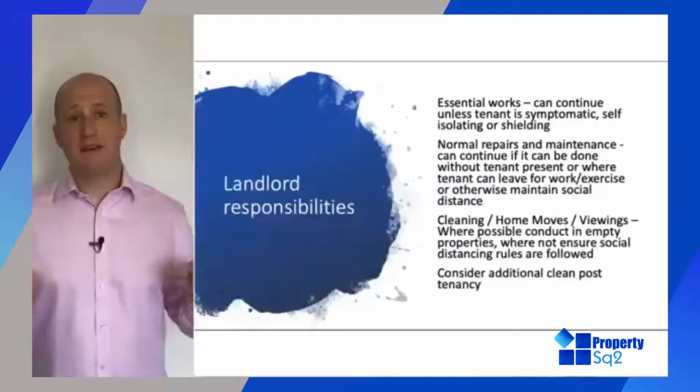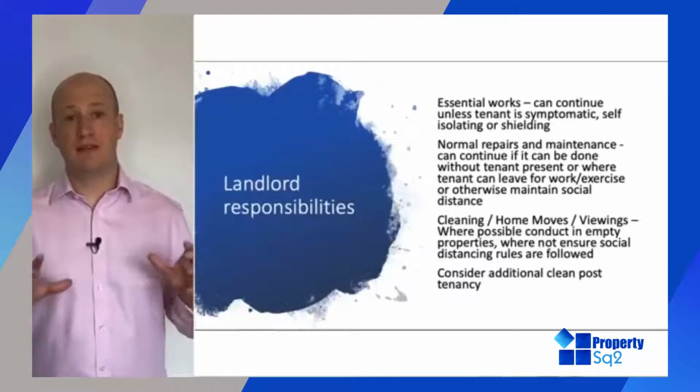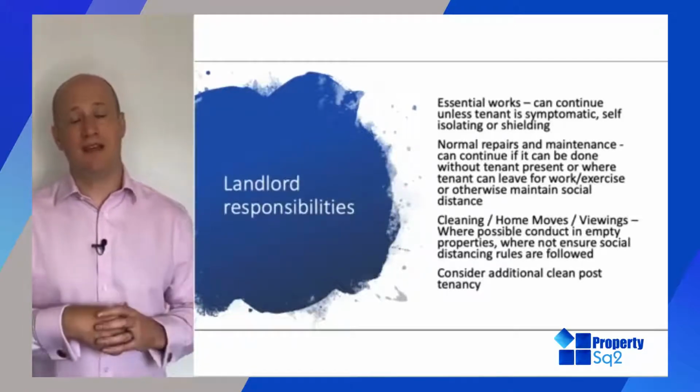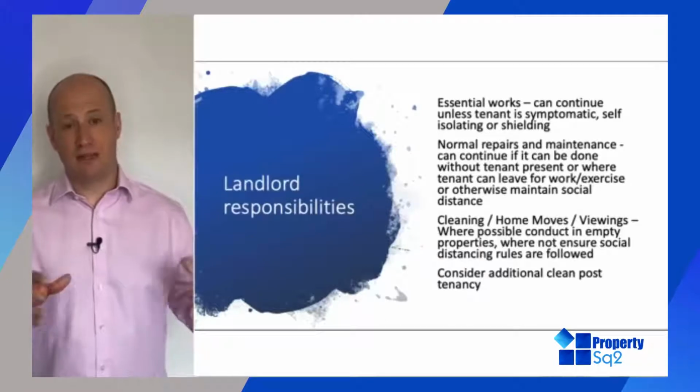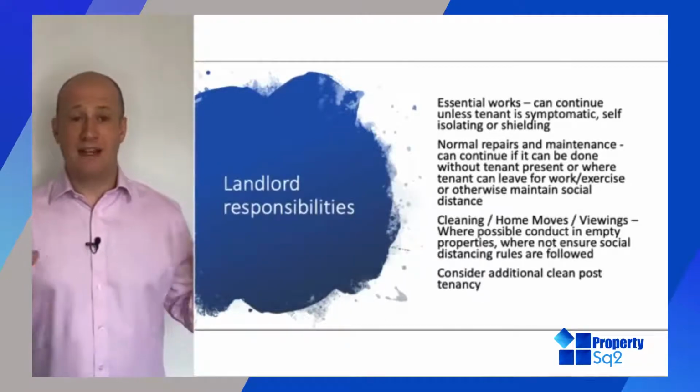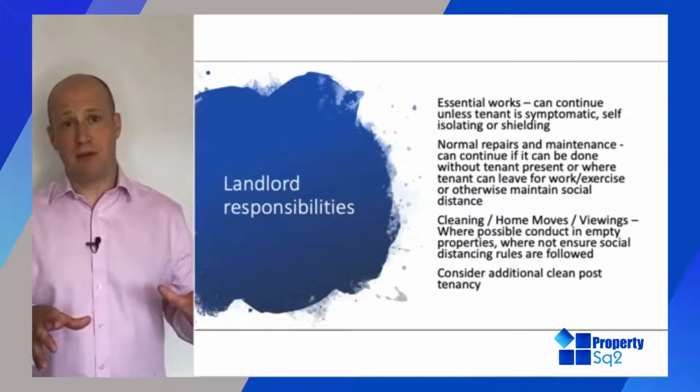So, to begin with, and this was the same even during the full coronavirus or COVID-19 lockdown, essential repairs can still go ahead as long as there is no one living in the rented property who is showing symptoms of coronavirus or COVID-19 or who is a vulnerable person who is shielding at the moment from the disease. Now, that was the case even during the lockdown period, so just to clarify, essential repairs and maintenance can